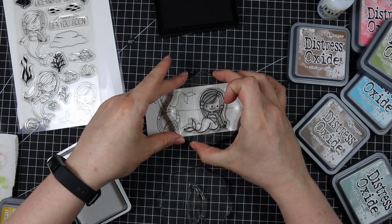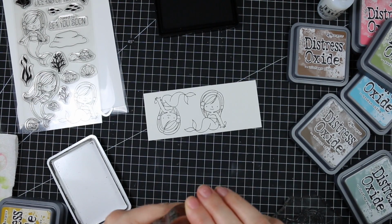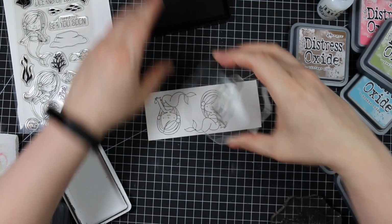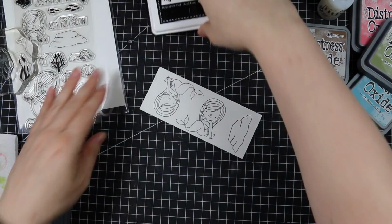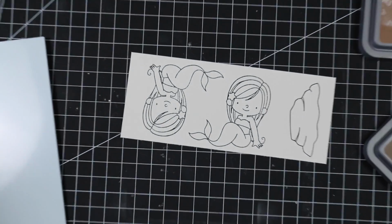And I wasn't happy with how the first one stamped on camera. It looks alright, but the stamp impression wasn't as intense as I wanted it to be. So I just moved the cardstock around and stamped it a second time. And then I stamped this rock from the set as well with the same ink. And then I ended up using the first one that I'm going to toss as a little bit of an